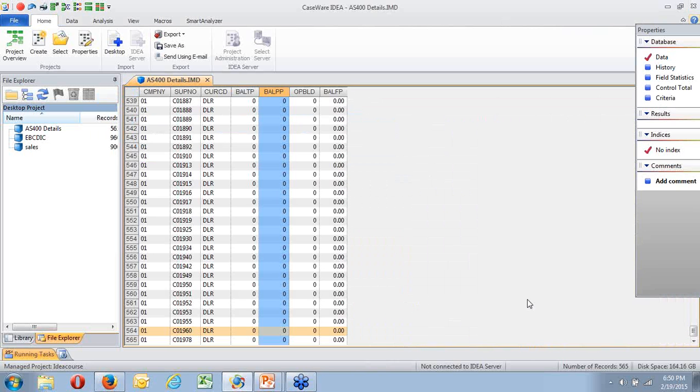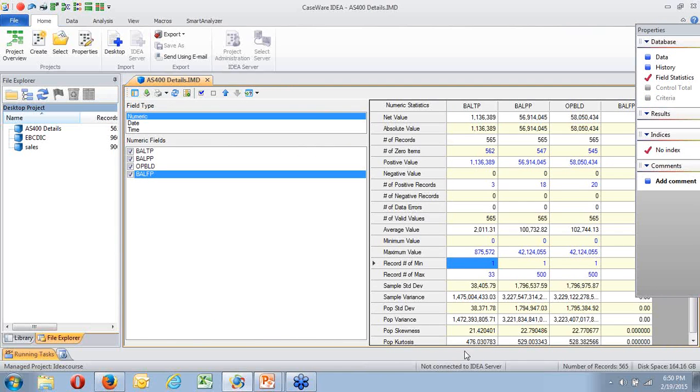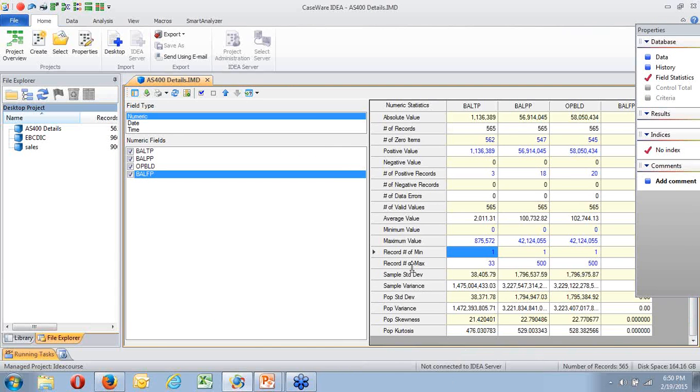If I look at the data, we're sitting with a whole pile of information. Again, I can go back into my field statistics. Record number of the lowest is 1. Record number of the highest is number 33.